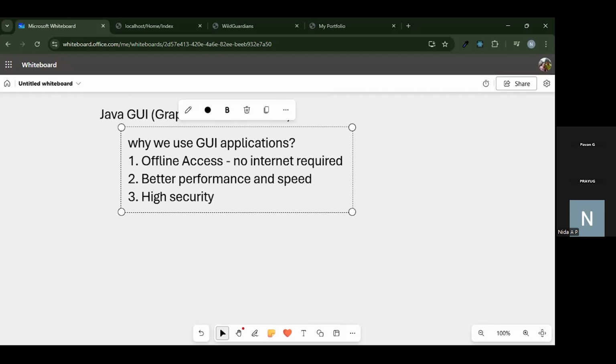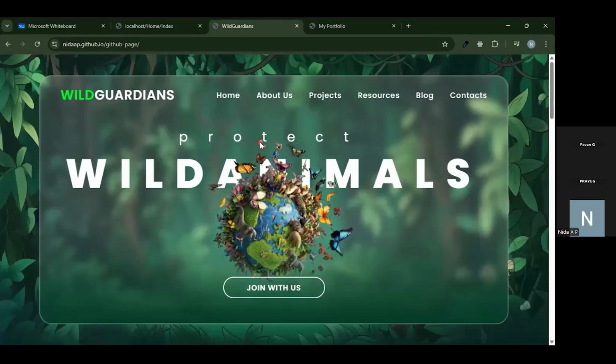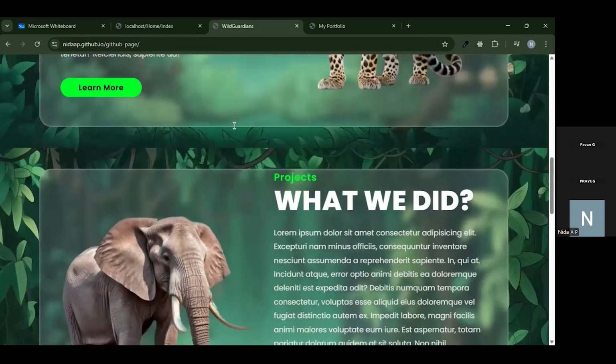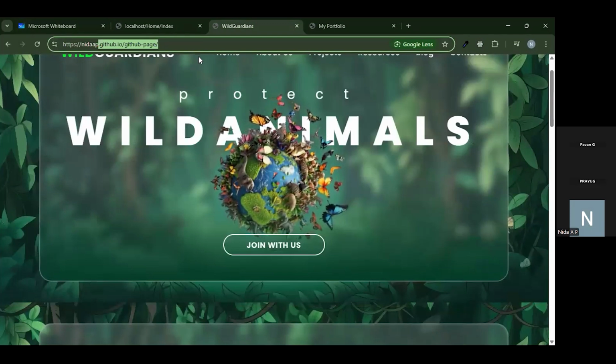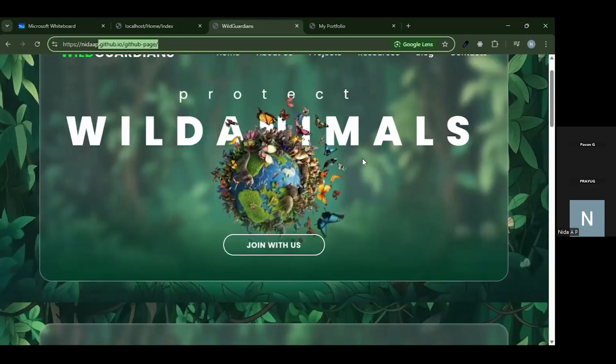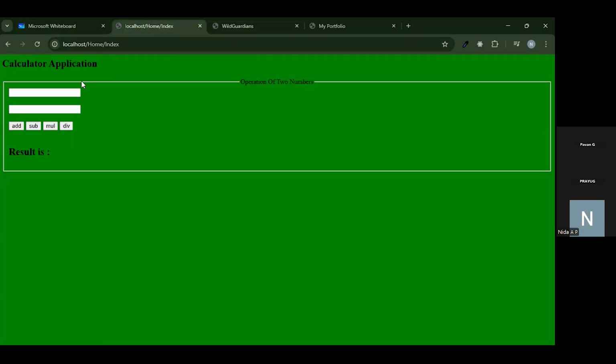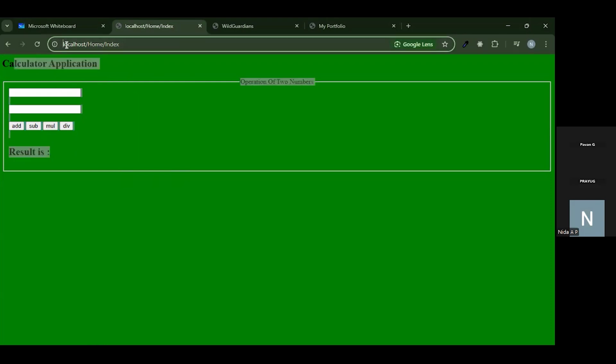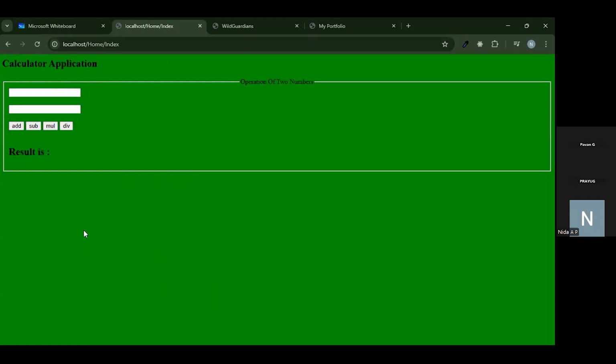Which means a GUI application stores the data on your system only instead of the cloud. If you go ahead with a web application, like this one, I stored this application code in my GitHub repository. GitHub, again, is a cloud repository platform where my code is. But coming over here, this application is deployed on my system, so it can be accessed without the internet also. Here the code is in my system itself. So which means